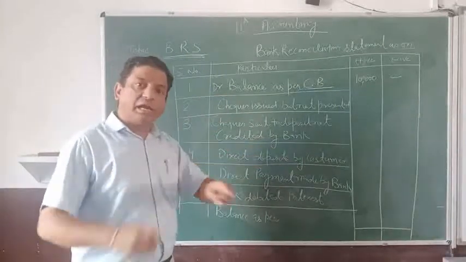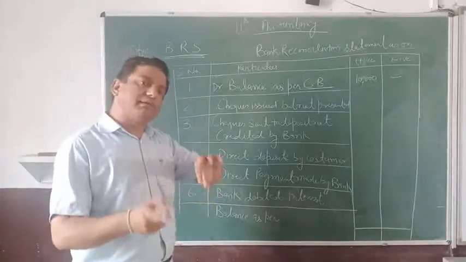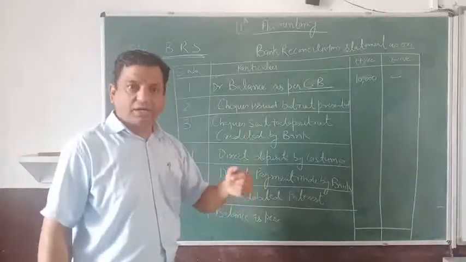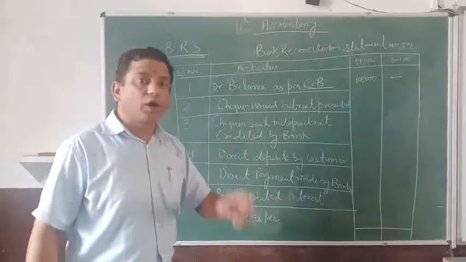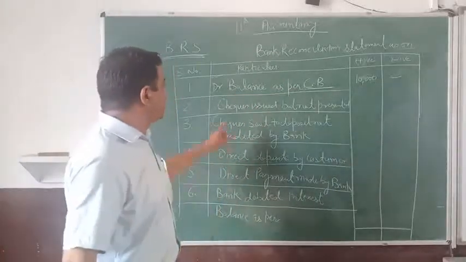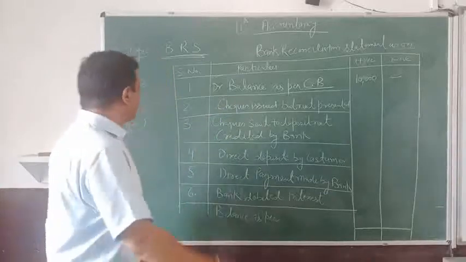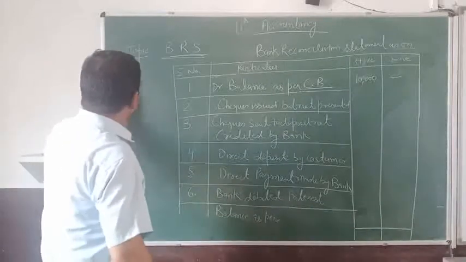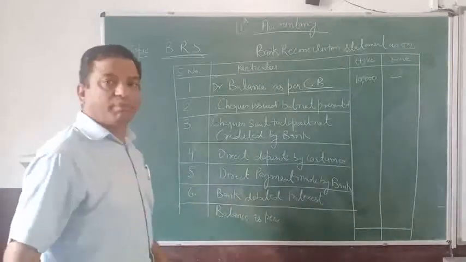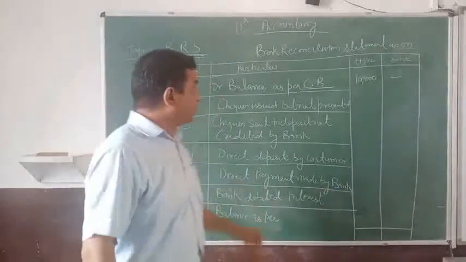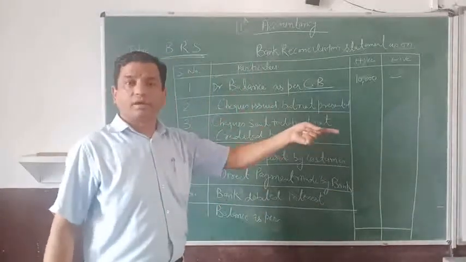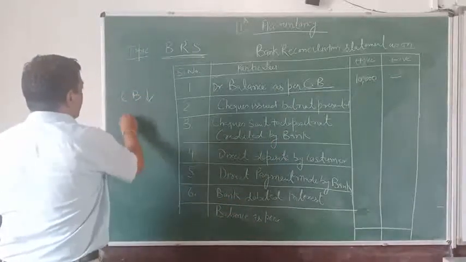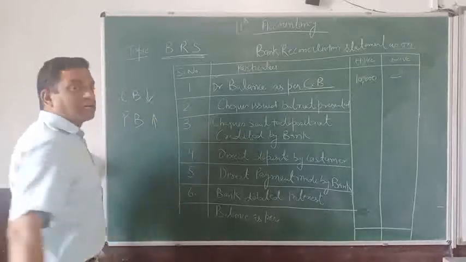चेक आपने इशू किए, लेकिन जिस बंदे को आपने चेक इशू किए, वो बंदा अभी तक बैंक में पैसे लेने के लिए पहुंचा नहीं है. He has not presented the checks till the end of this period when you are preparing the bank reconciliation statement. So when you issued the checks, definitely you have deducted your cash book. आपने अपनी कैश बुक को माइनस कर लिया होगा because you have assumed that the balance of the passbook will definitely go down, but that person has not reached the bank and the bank balance is as it is.